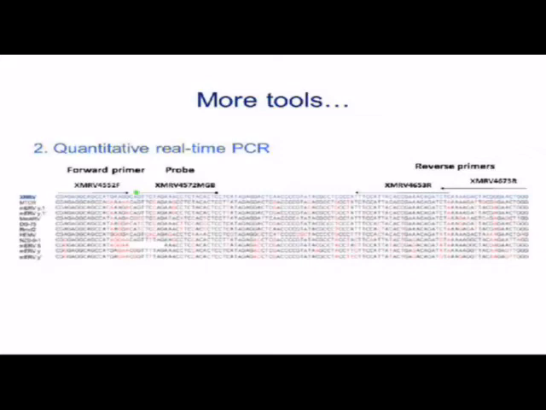The other tool that we developed is quantitative real-time PCR. This is a PCR that's very sensitive, uses a TaqMan-based fluorescent probe. The nice thing about it is that once you set up the reaction and you carry out the reaction in the machine, the machine just reads the fluorescence through the tube, and you never have to open the tube. This becomes important when you are doing patient data, so you're not contaminating one patient's sample with another patient's sample.